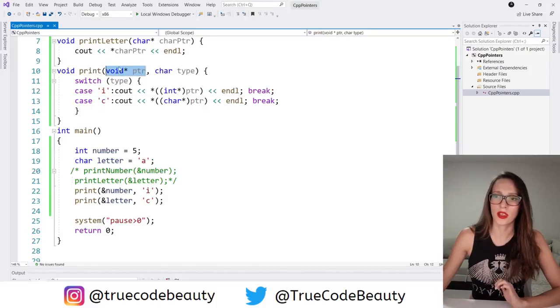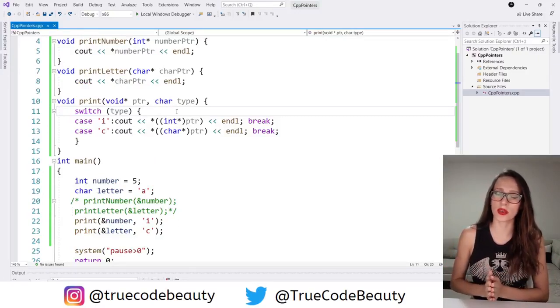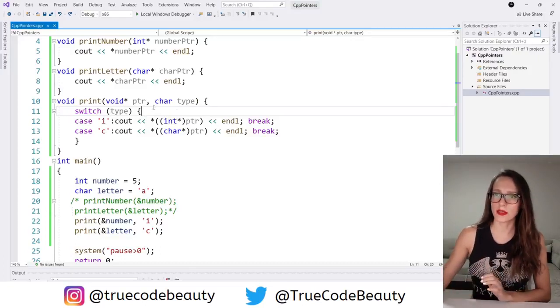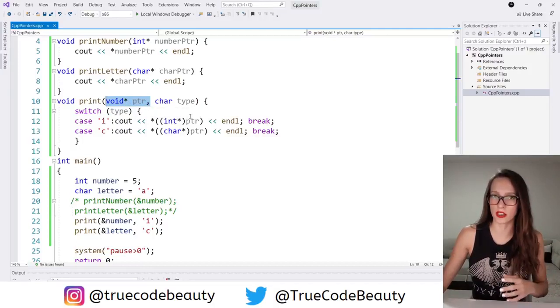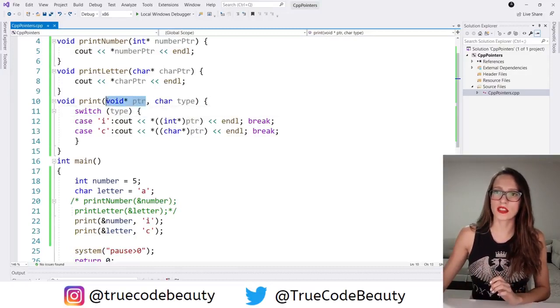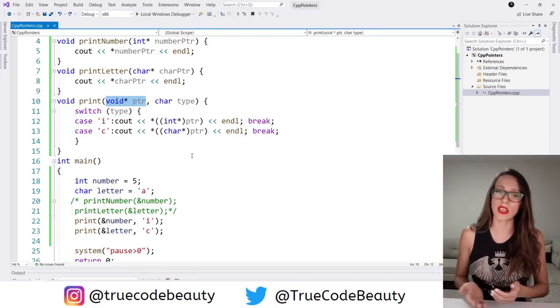this pointer here. So now you have an idea on how to use void pointers, but I would actually advise you to be very careful when using void pointers. Why? Because your compiler in this particular situation does not have a way to tell you, hey, you are trying to cast a void pointer, which is actually an int pointer, into a character, or vice versa. If you're doing that, your compiler does not have a way to know if you are making an error or not, because inside a void pointer you can store the address of any variable, so of a variable of any data type, and then you can try to cast that void pointer into a pointer of